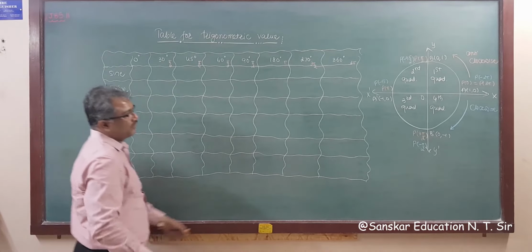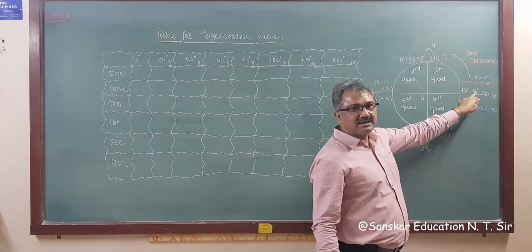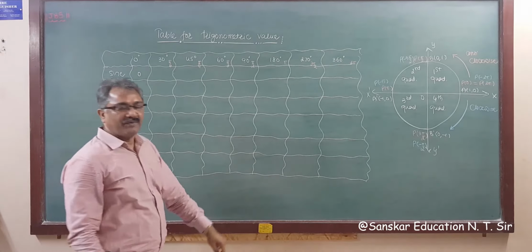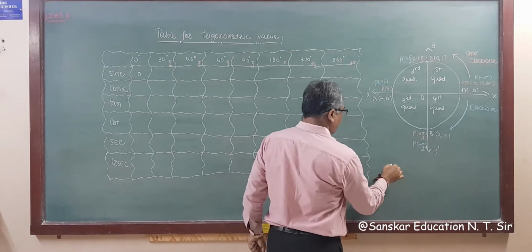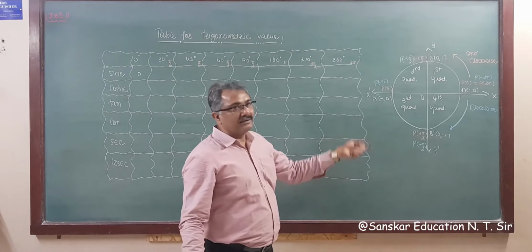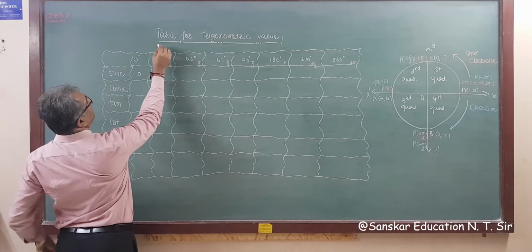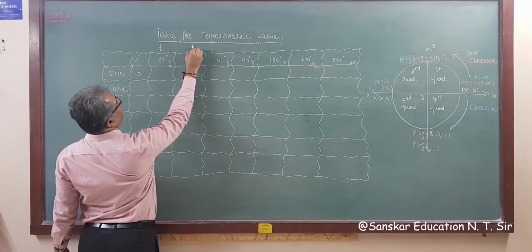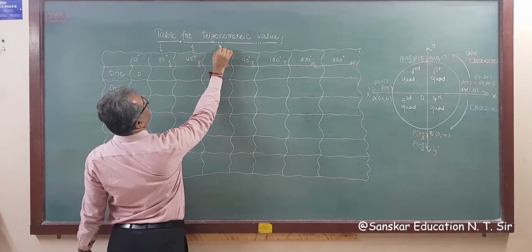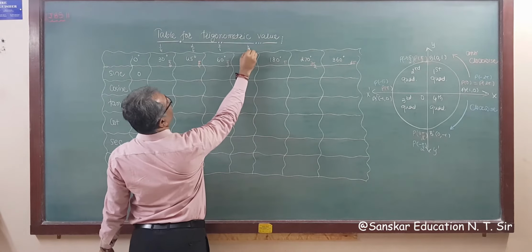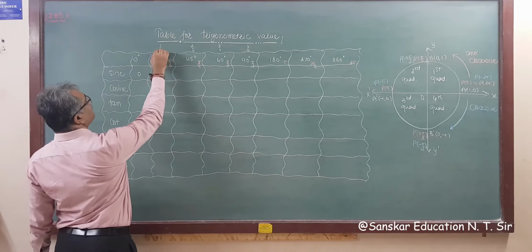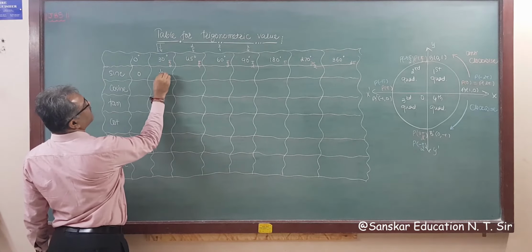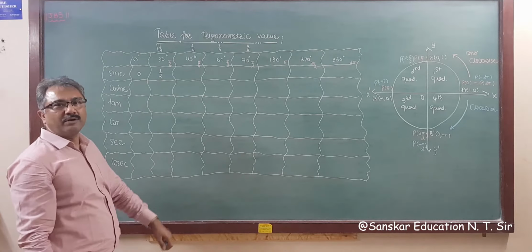You know sine 0 is here, so sine 0 is 0. Sine 30, suppose you have one circle, and for sine 30, if you make 4 parts of this, then this is the first part of 4th part, this is second part of 4th, and this is third part of 4th, and this is fourth part of 4th, right? And taking a positive square root of this, that is the value of sine 30, that is 1 upon 4, square root of 1 upon 4 is 1 upon 2, so sine 30 is 1 upon 2.